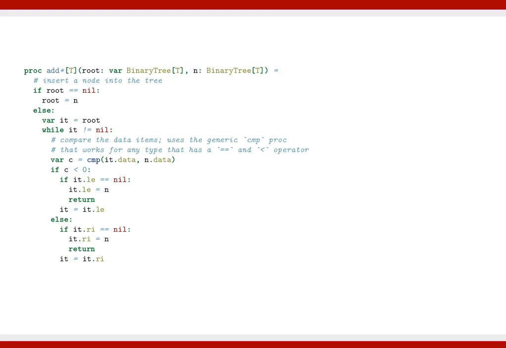else: var it = root; while it != nil: # compare the data items; uses the generic cmp proc that works for any type that has a == and < operator: var c = cmp(it.data, n.data); if c < 0: if it.le == nil: it.le = n; return; it = it.le; else: if it.ri == nil: it.ri = n; return; it = it.ri